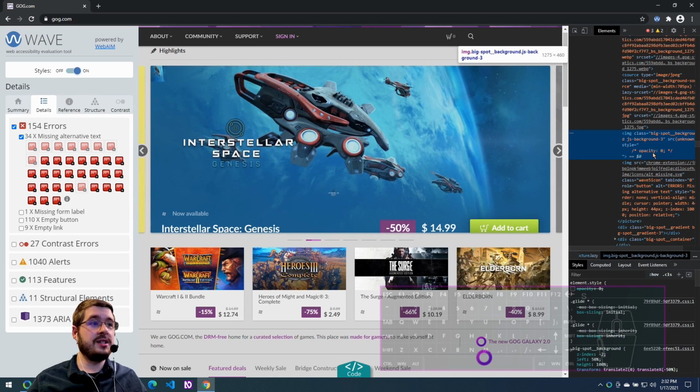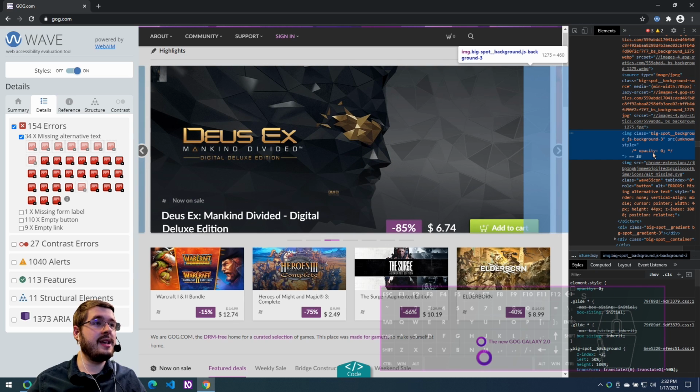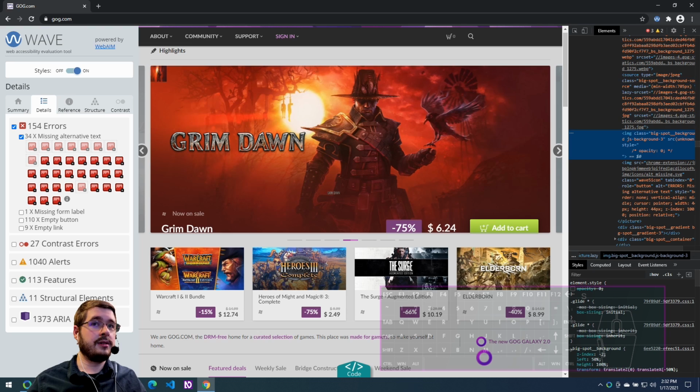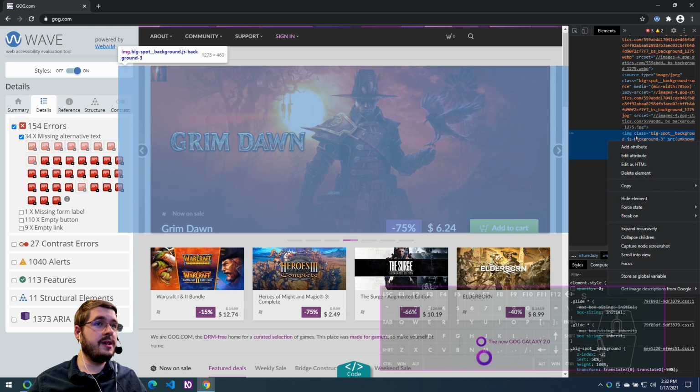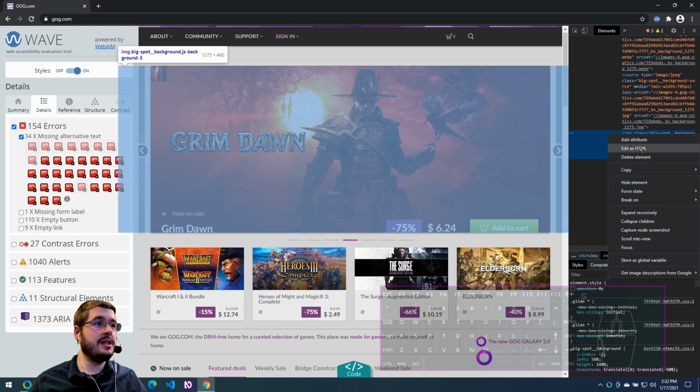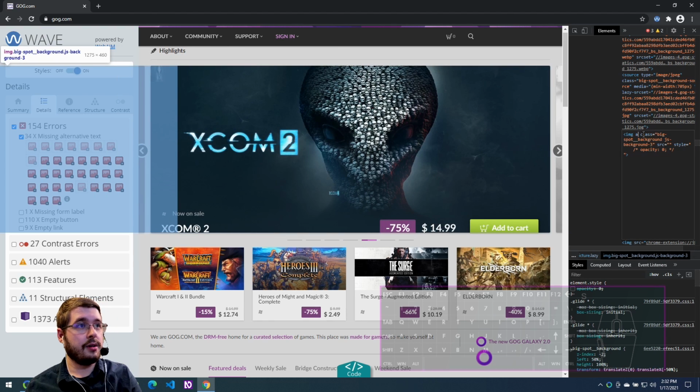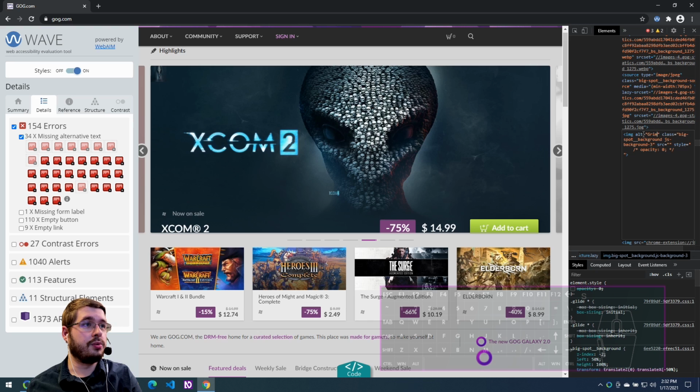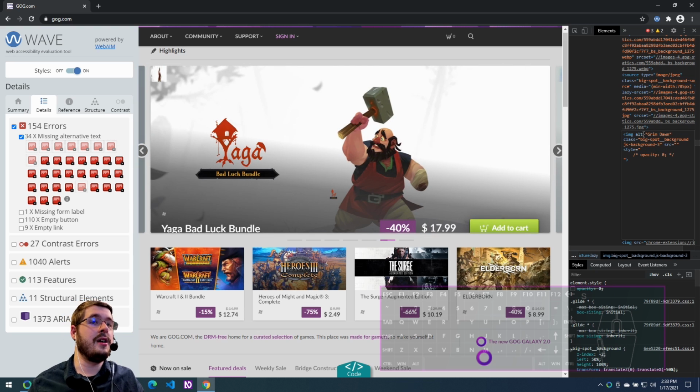With how much attention to detail they put into the mobile responsiveness on this site, it's a little surprising that they would make such a huge mistake to not have alt text at all. At the very least, the alt text should just be what the game is. So it would be like IMG alt Grim Dawn, and that would be good enough because at least users would get the idea of what this